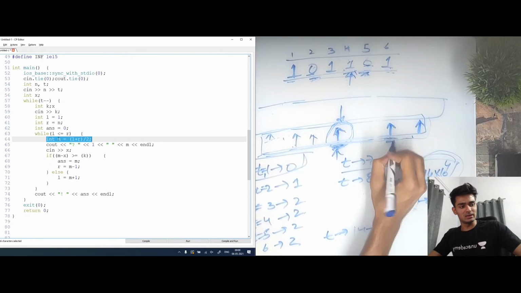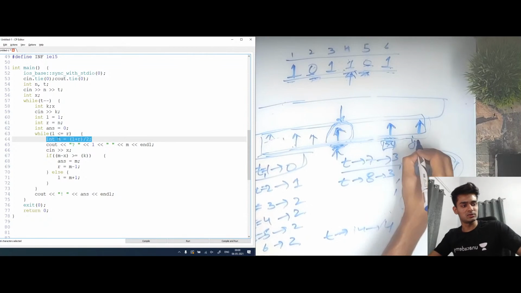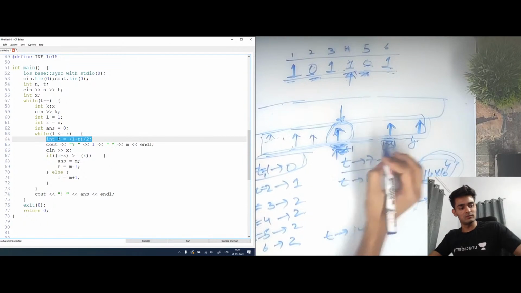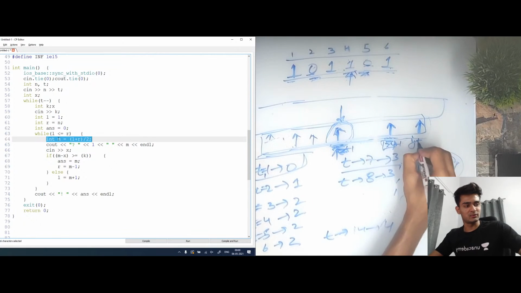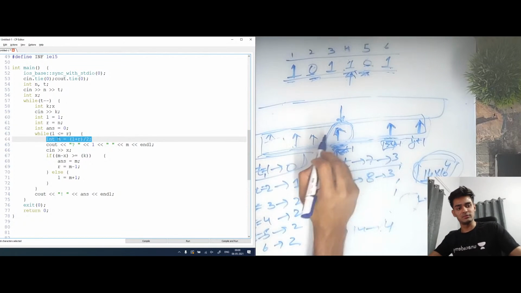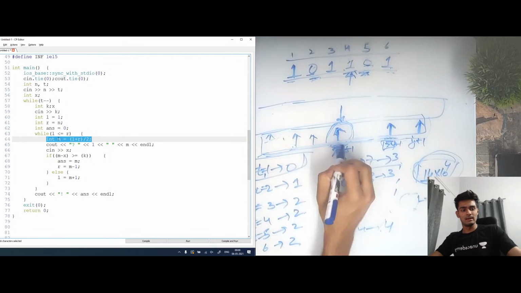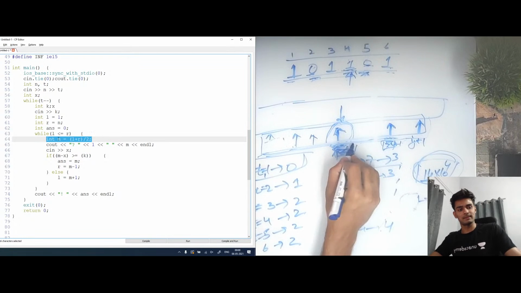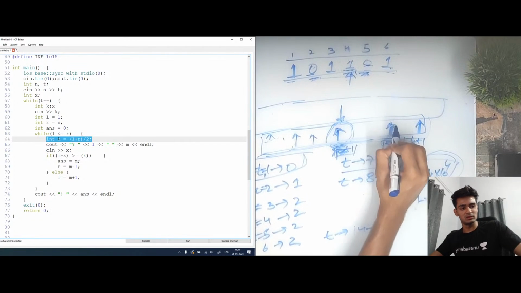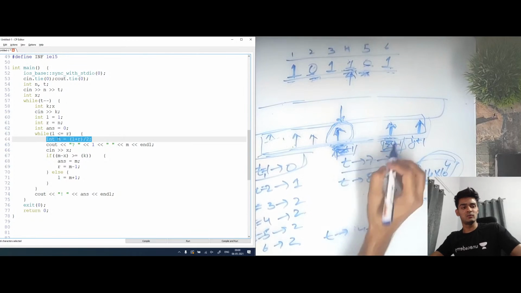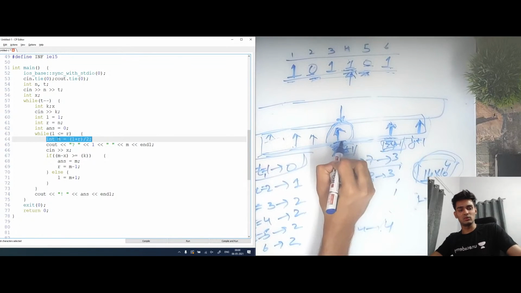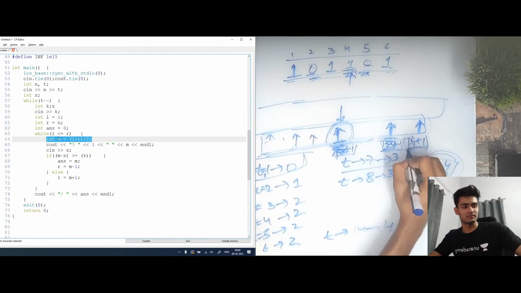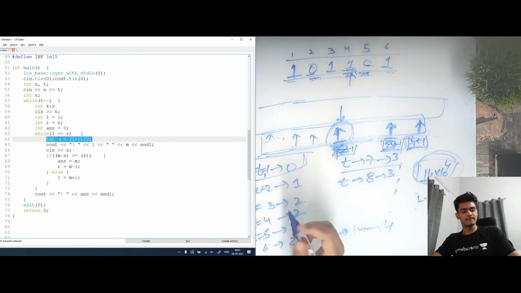So let's say the answer for this was x and answer for this was y, and let's say this was z. So we'll make this z as z plus 1, this x as x plus 1 and this y as y plus 1. The reason we are doing this is because we were actually storing the count of ones. The count of ones after changing this 0 to 1 was increased by 1. Then similarly for this x also, we actually increased the occurrence of 1 by 1, because this 0 was converted to 1. So this becomes x plus 1, and similarly for this index also, this becomes y plus 1. So that is all you have to do.